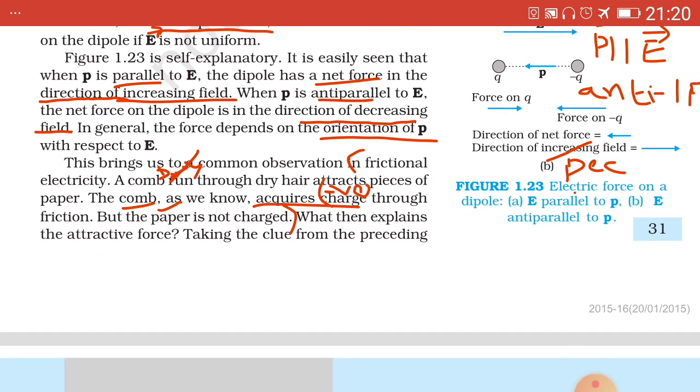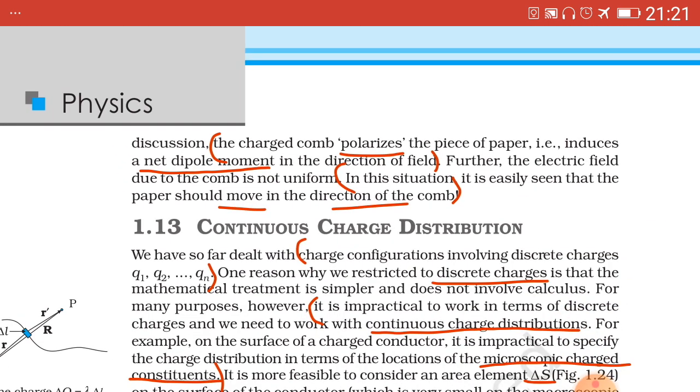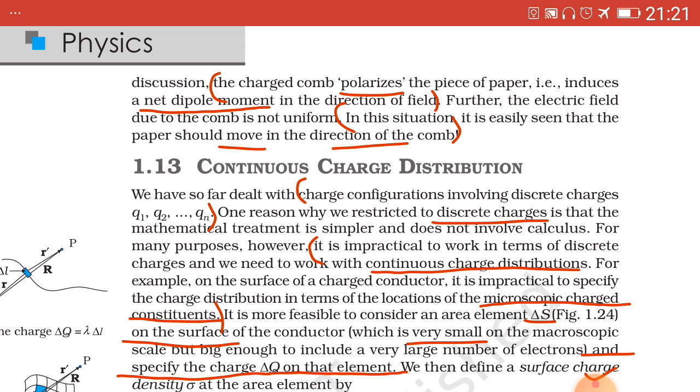Here the comb acquires negative charge through friction, while the paper is not charged at all. Then how do the pieces of paper get attracted towards the comb? This can be explained as the charged comb polarizes the pieces of paper,